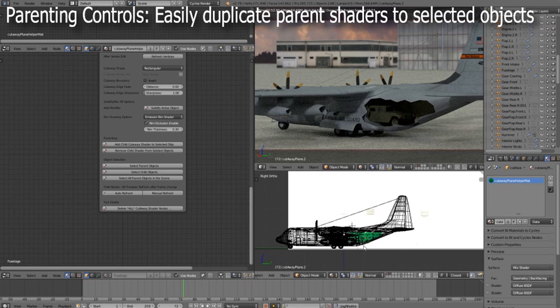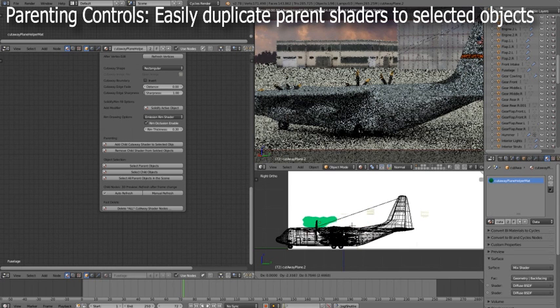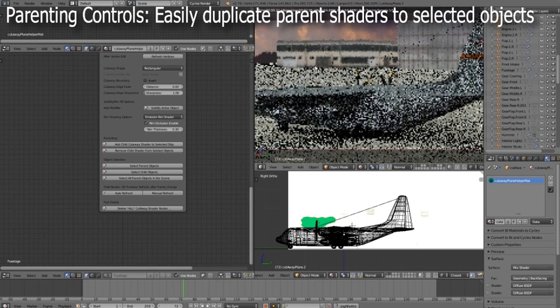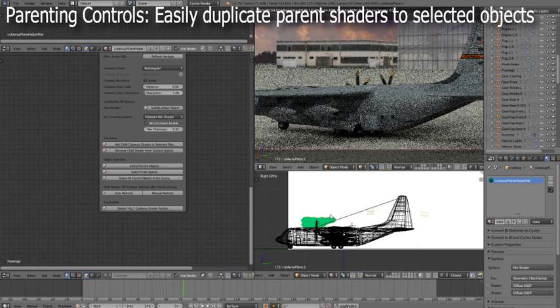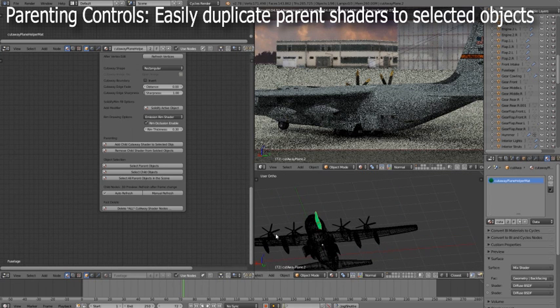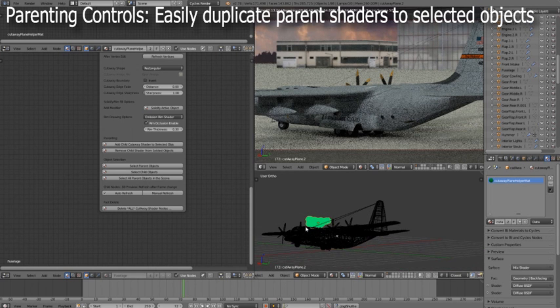And let's just move it up and over, so it's going to be in front of the propeller. You can see that the propeller is now being cut away from the scene because the CutAway shader is in front of it. And so we might want to remove the CutAway shader from the propeller, so that it's very